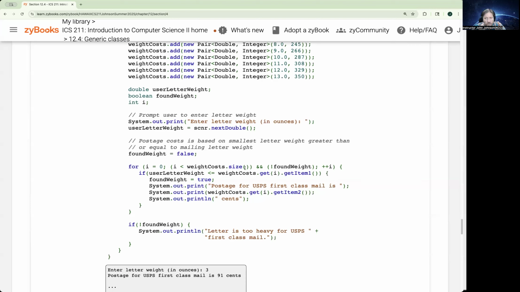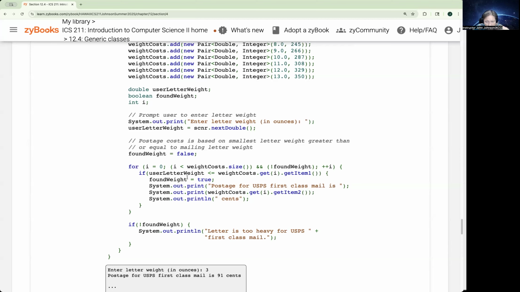In other words, if we have 10 weight costs there, I didn't count, but if we have 10, while our index is under 10, or actually 9, while it's still under that number, and we have not found the weight, because we set up found weight here to be false. So we're saying that we haven't found the correct weight yet. As long as we're still in this array, looking at items, and we haven't found it yet,